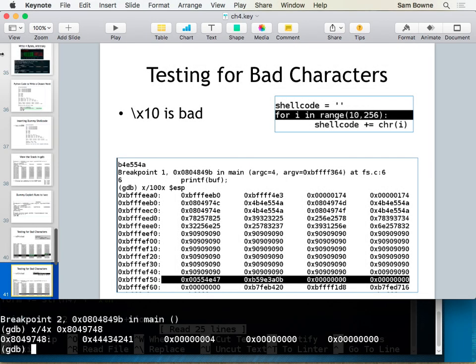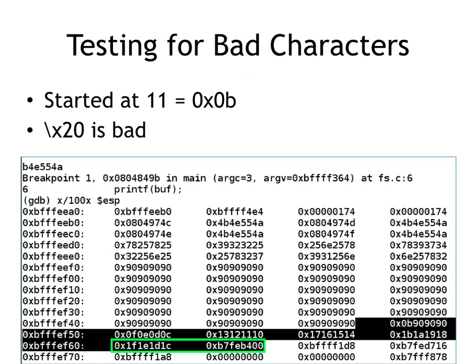So there's a mistake in my slide. I'm catching up to you there. This should just say 10. Okay, good. 10 is bad, 9 is bad, and 10 is bad. Okay, thank you. Good. So now I have to start at 11. When I start at 11, it will actually put in,